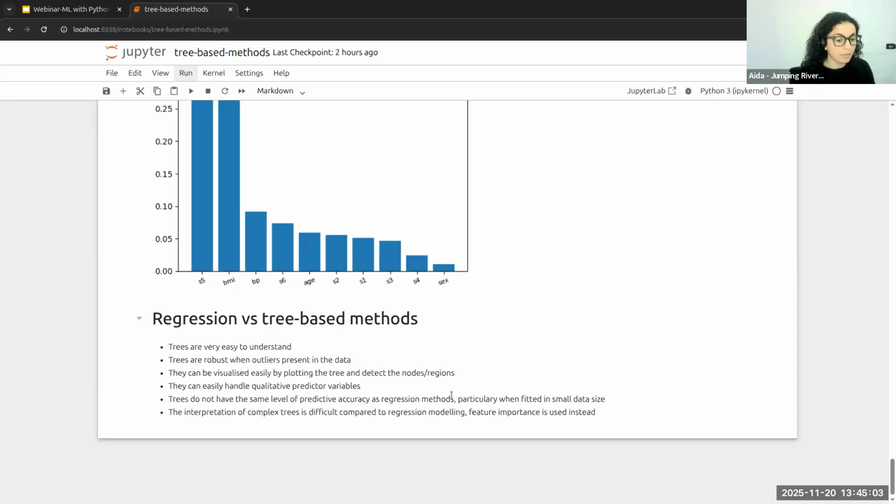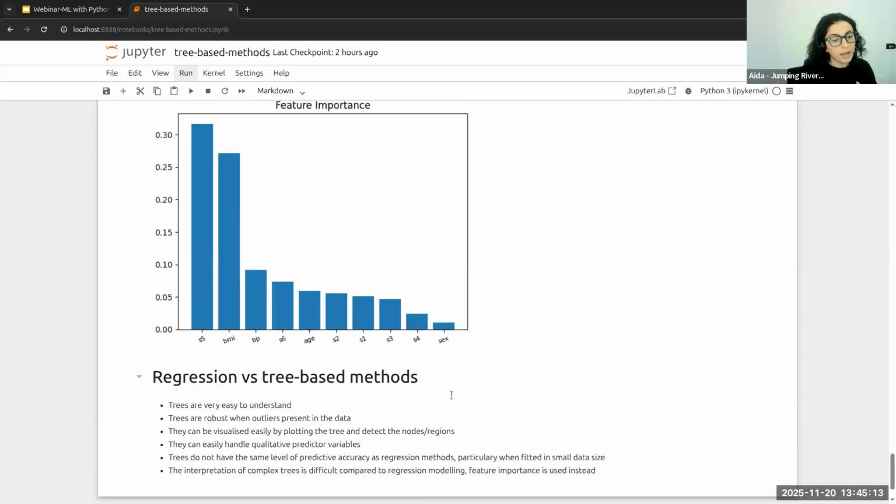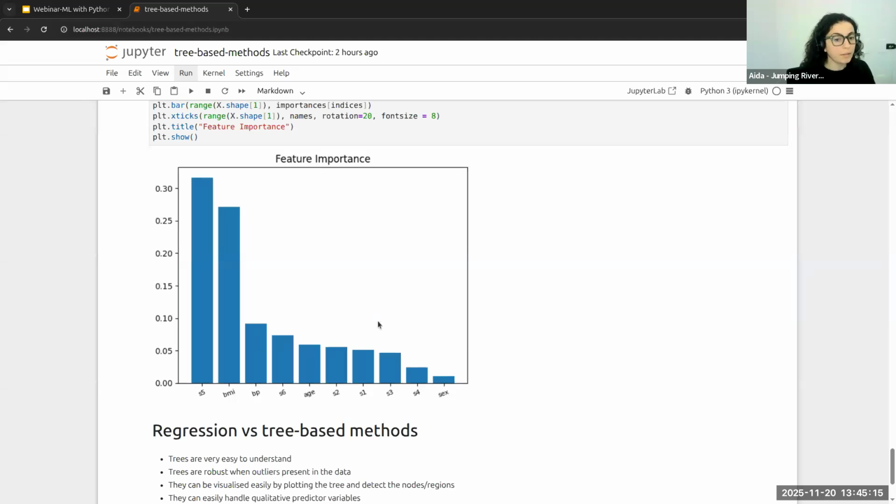And when we fit a complex tree like a random forest or a gradient boosting method, probably it's better to just visualize the output in terms of feature importance, right? Which gives us some insight into which of the variables are important.